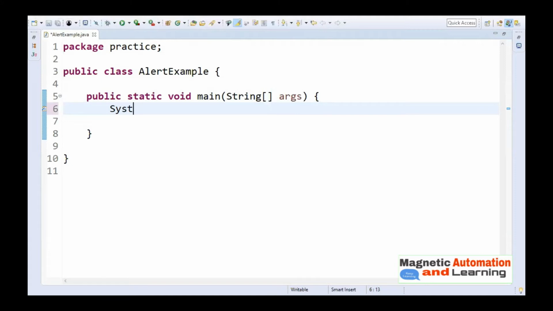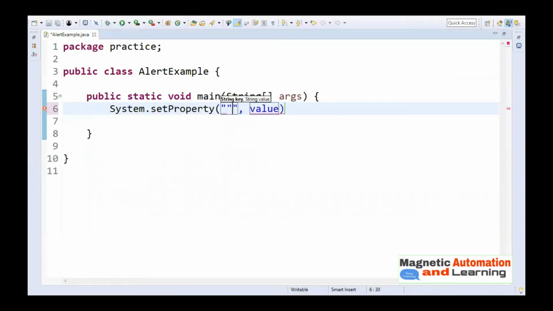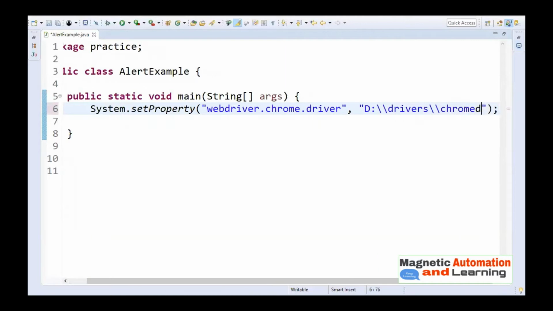That is done with the help of System.setProperty. Here I need to pass webdriver.chrome.driver, and as the value I need to pass the path of my executable driver. It is stored in the D drive, in the drivers folder, chromedriver.